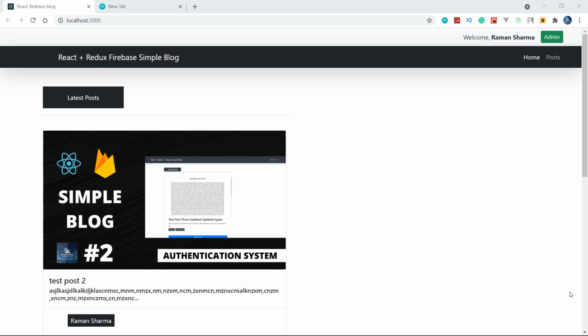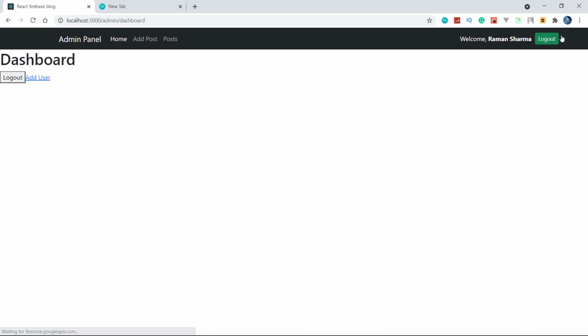In this part we are going to see how we can customize the homepage of our admin panel, and then in the last part we are going to do deployment of our website on Firebase hosting only, because we haven't created any .env file and our whole data is under only one file, that is the Firebase file.